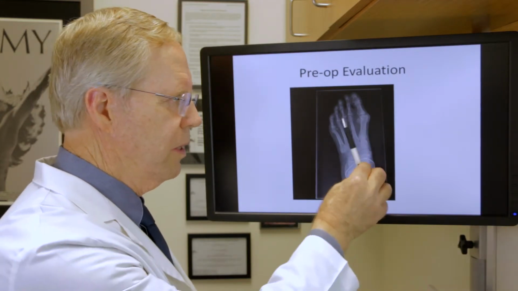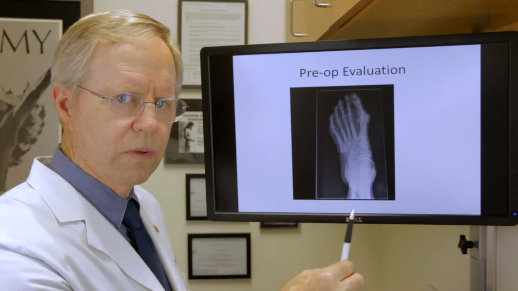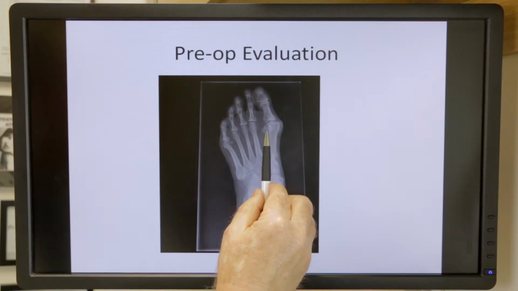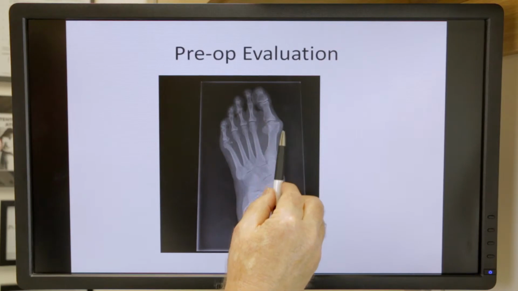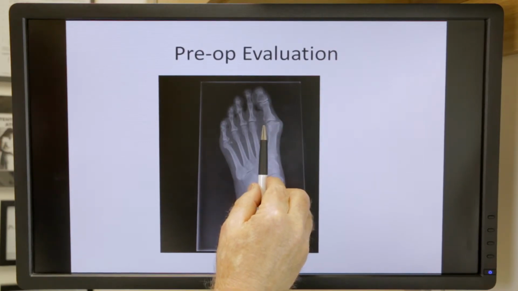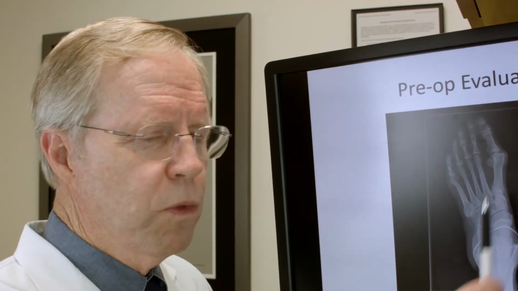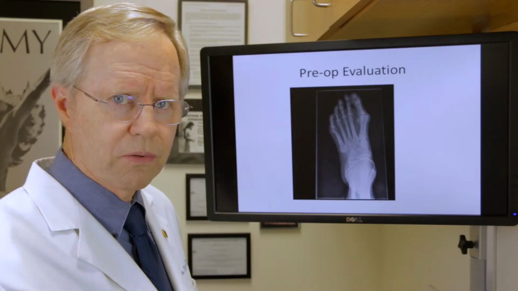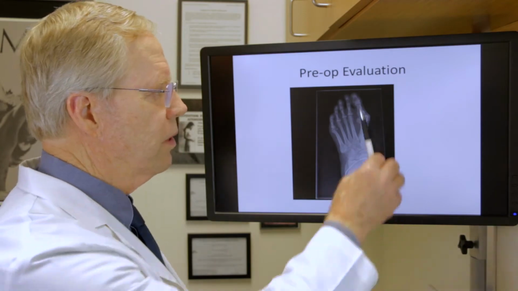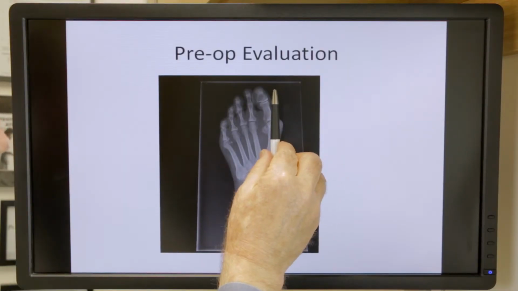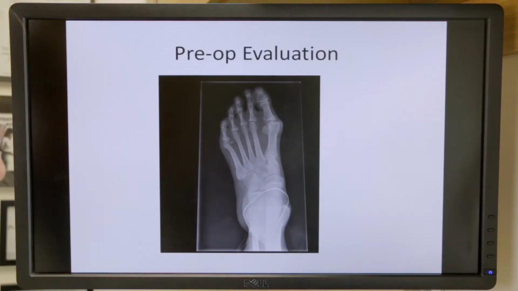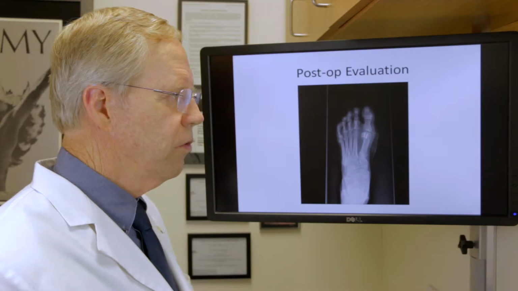We have to correct these angular relationships, otherwise it's just going to come back. So what we do is we make a cut in the bone here, and we take this section and we shift it towards the second toe to close down the angle here. We hold it in place with a couple screws so that it stays in place and the correction stays. We then reef up on the big toe to get it straight,